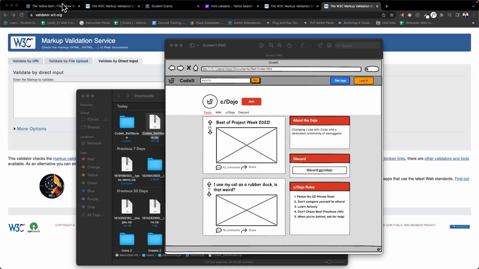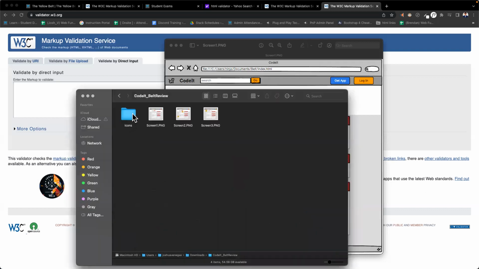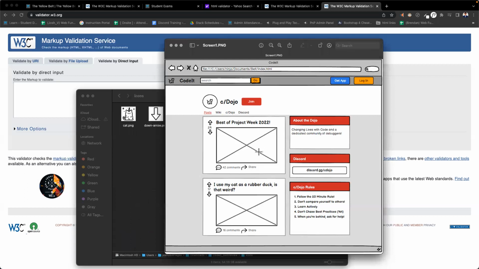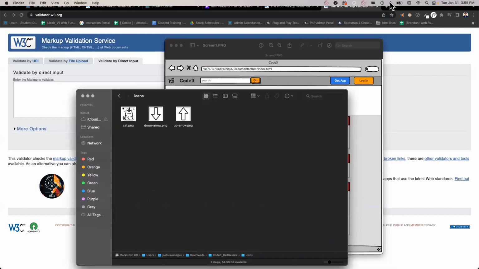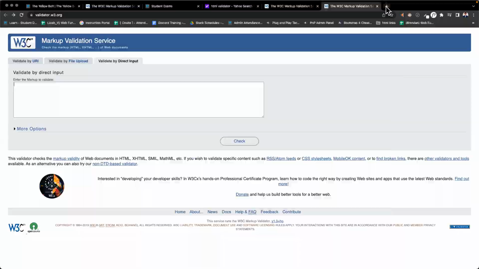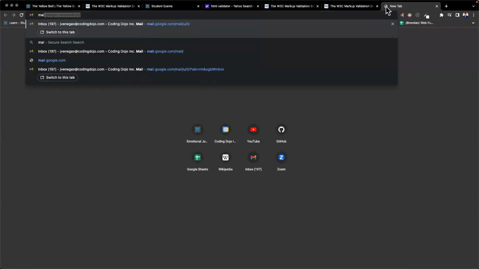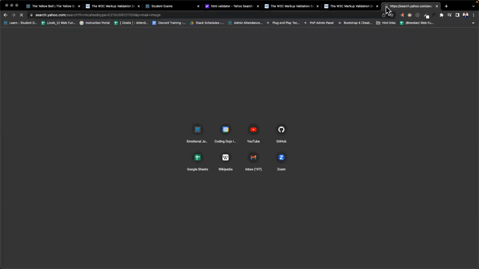Under best of project week 2022, where a video or an image would go, it's just a big X. Would you expect us to insert an image there? Oh, right. Okay, so this doesn't have that image. Yeah, that would be an image you would search, right? It's just a male image. Maybe I could include that, but that's easy enough.